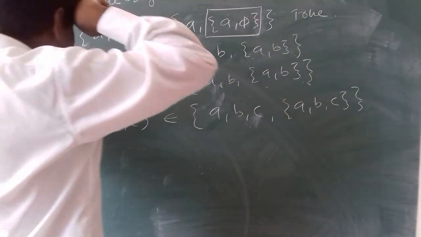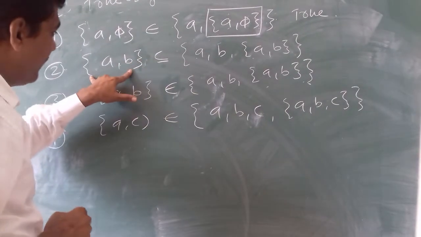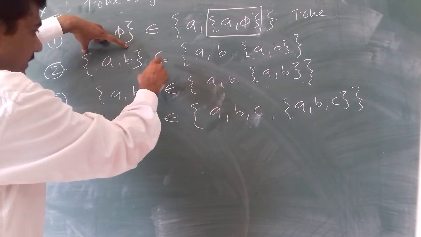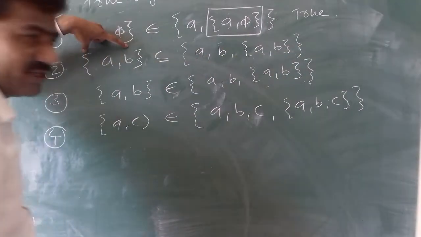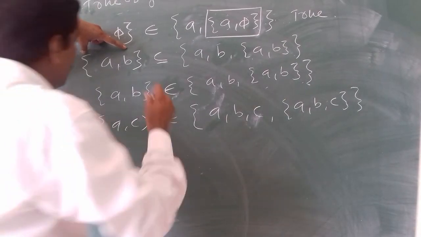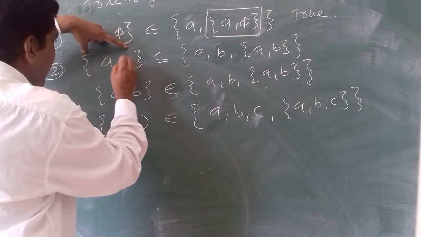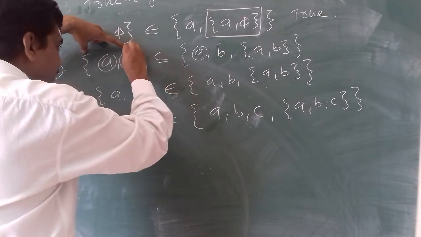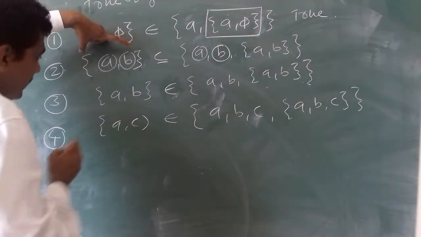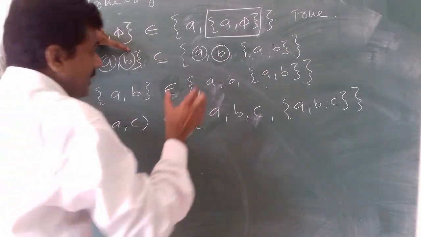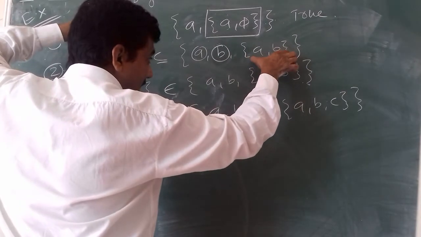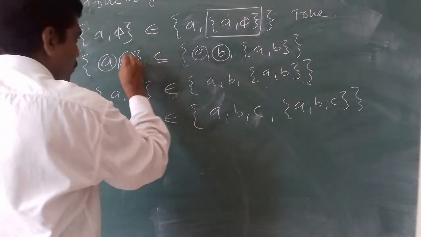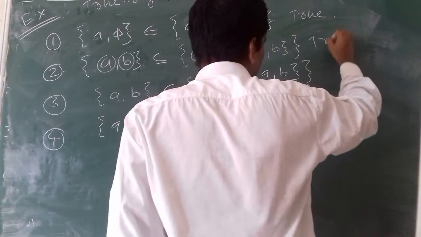For the second, now this is a subset symbol, right? So the left hand side will be your set. Okay. So the set contains A comma B. This is a subset of this particular set, right? So this set contains the elements A and B. The first element A is contained here in this set. Second is B, it's contained here. See here, this is a set, it's not an element. The bracket A comma B is an element of this particular set, right? So these two elements are here. So this is also a true statement.